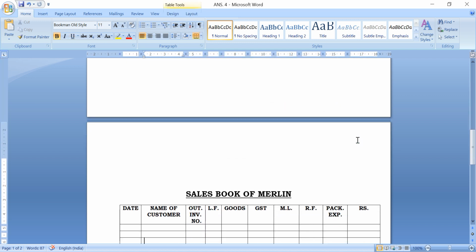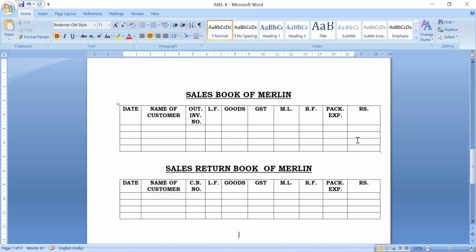And two more books on your screen. You can see sales book